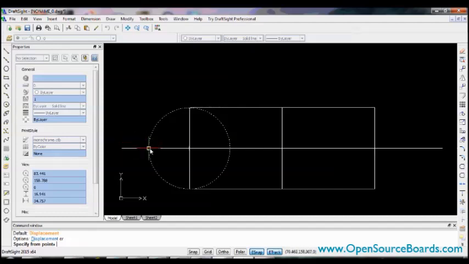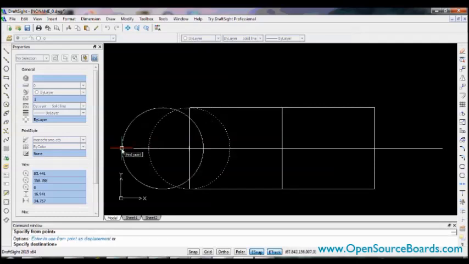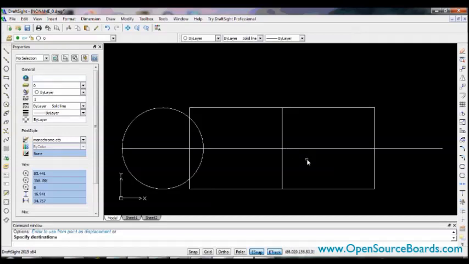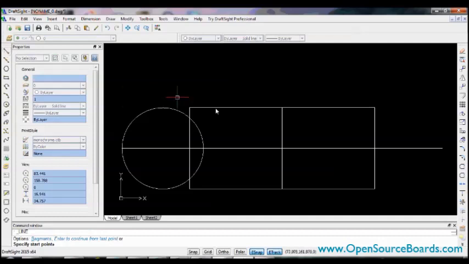So again, I have my snaps on. So I'm going to snap to this one. I clicked, and then I'm going to click to this one and place it there. Now I'm just doing this for an example to quickly show you, but in that case I would need to then extend my line out here, extend this one out here,